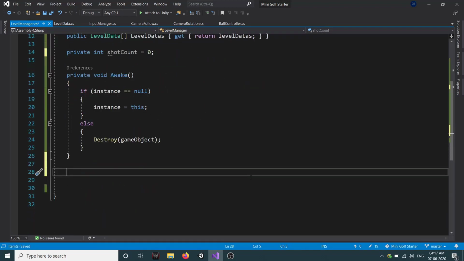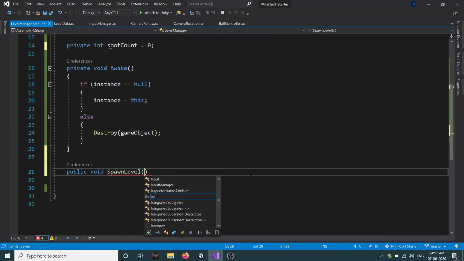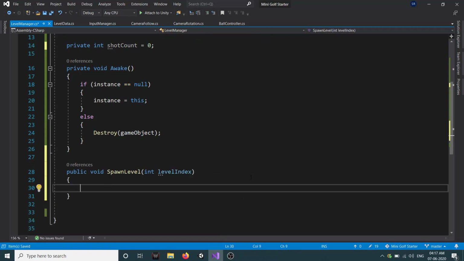So now we will create a method to spawn our level. So we'll type public void spawn level and it will take a int parameter that will be our level index. Now inside that we will instantiate our level.